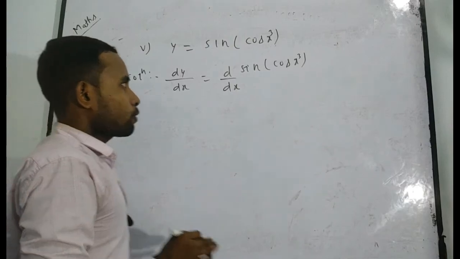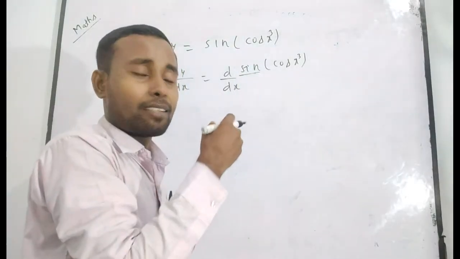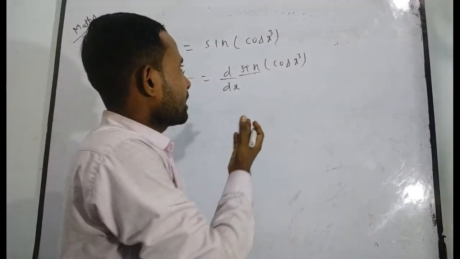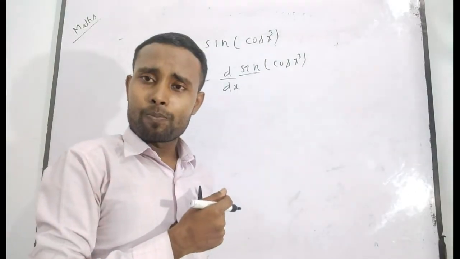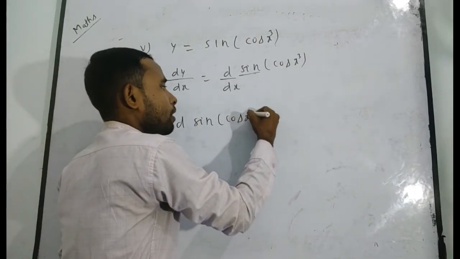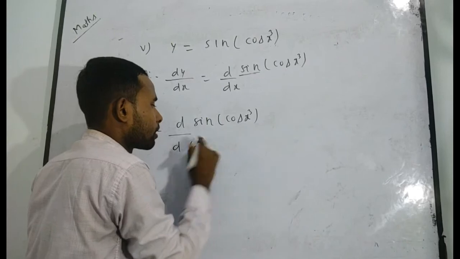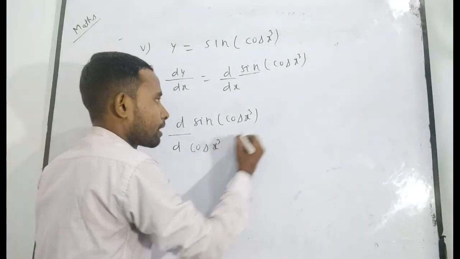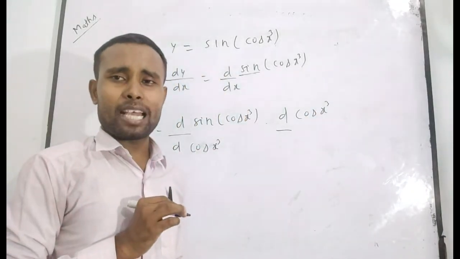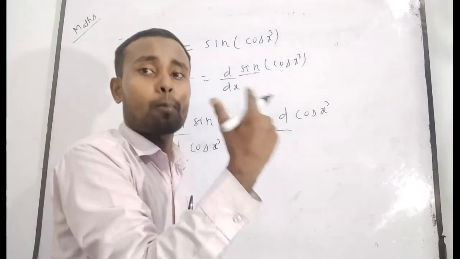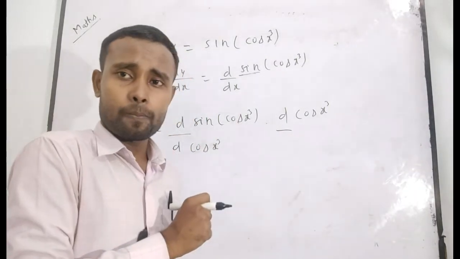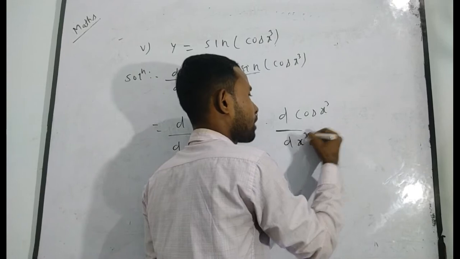Now, if you see, it is what? Sin theta. Sin theta is only differentiated in terms of theta. But in place of theta there is given cos x cube. It means that first of all you have to differentiate with respect to theta, where theta is equal to cos x cube. For managing, you have to take in the numerator the derivative of cos x cube with respect to x. Can you differentiate cos x cube with respect to x? No, because this is not the simplest form of cos x. If there is cos x, then you can differentiate with respect to x, but there is given cos x cube. So you have to differentiate it with respect to x cube.